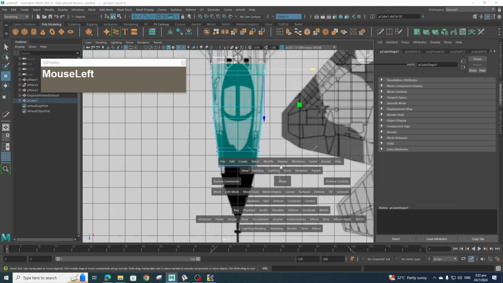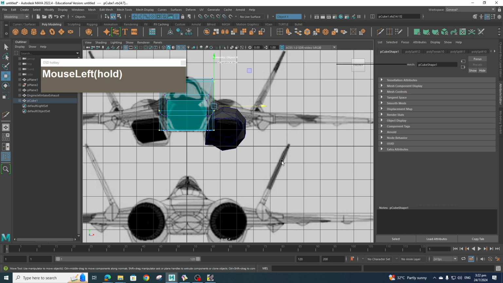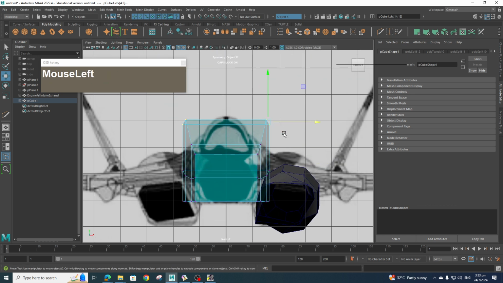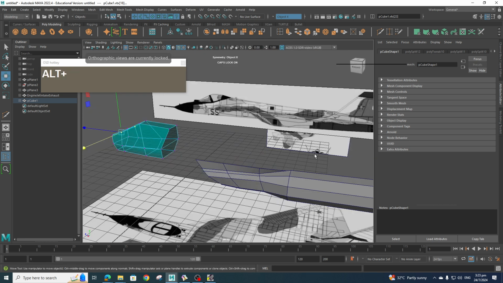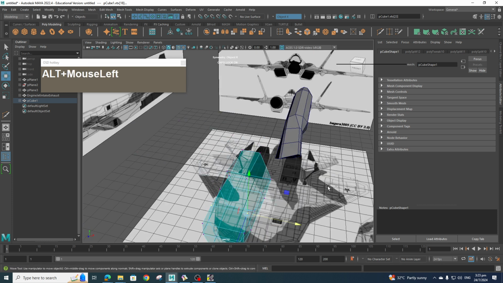Okay, so we got this basic shape. Then what about my front view? And the bottom view like that. Okay, I think this one looks good. Okay, so now for the front nose section, I think it would be a good idea to insert one edge